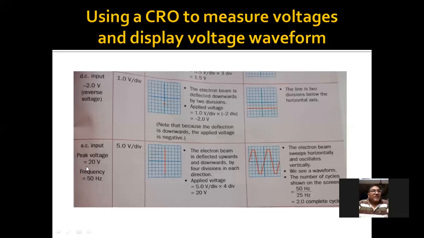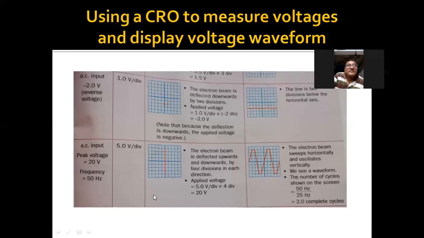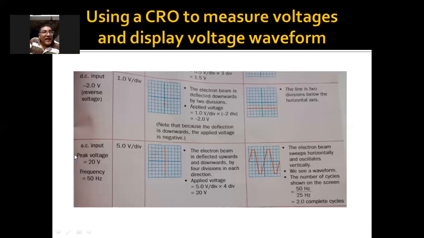Here you have provided another example, alternating current to the Y input of the CRO. You know, the alternating current, its direction is changing. So what we have done here, we have provided 20 volt alternating voltage to the Y input of the CRO. If the time base is off,